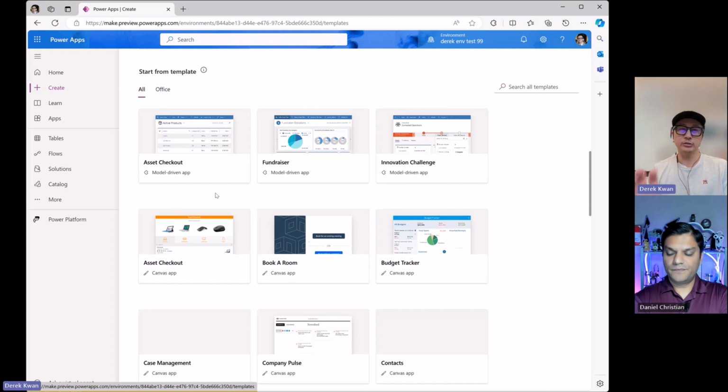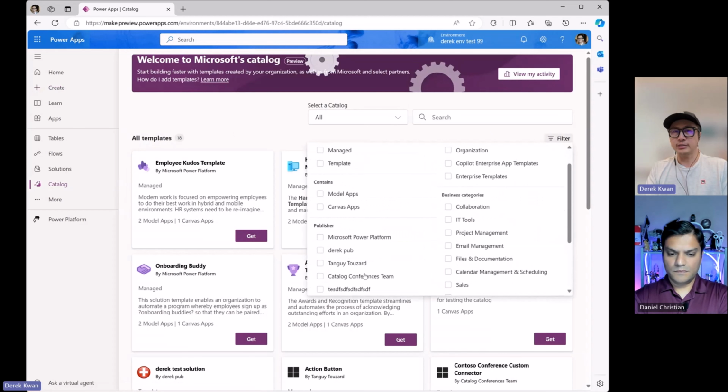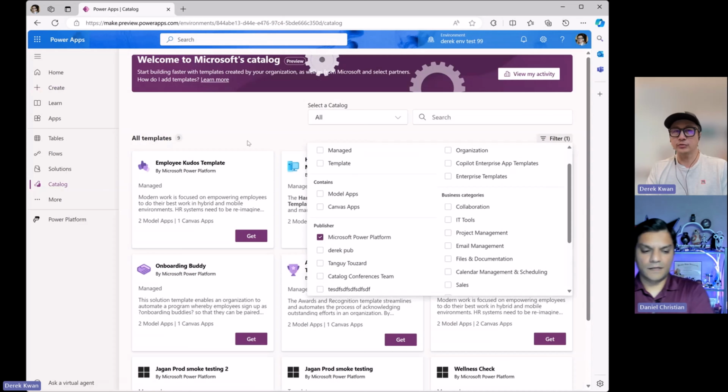Daniel, and before that, I need to also clarify something that you just said, because there is an additional nuance to this, right? There are actually some things in the catalog that Microsoft will provide for you. This is also why we want to merge these concepts together so there are not so many confusing surfaces, but it's a crawl, walk, run, based on how much our engineering team can tackle at a time. In the catalog, you'll also see in the filter that I showed you that there are things that were published by Microsoft. And if you filter for that,